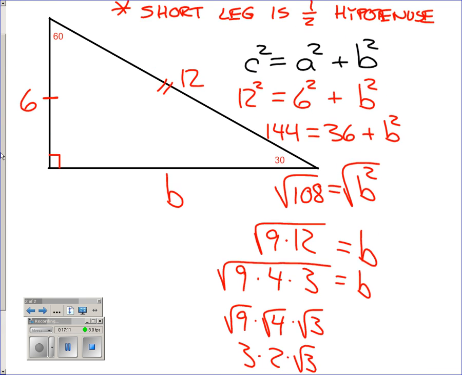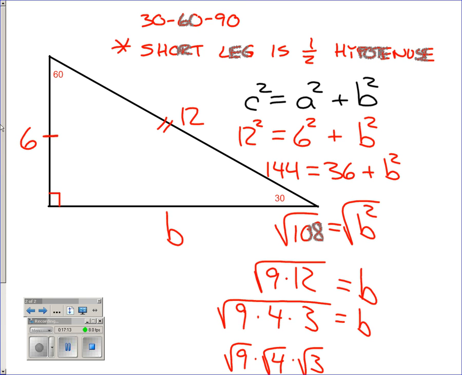Let me scroll this back up here, and I'm just going to put that in. This is 6 root 3. Now let's take a look at the values that we have for this one. It's going to be a 6 root 3,